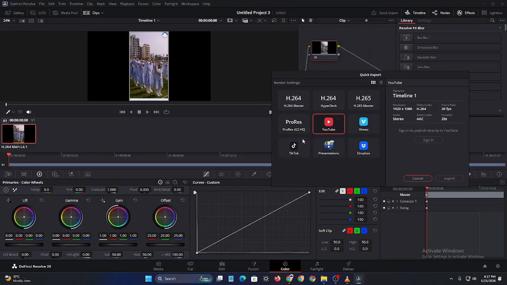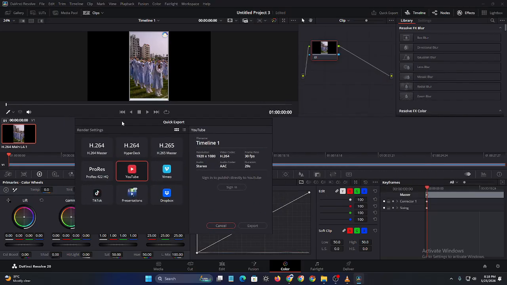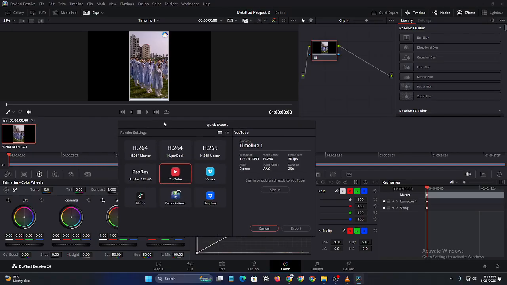After exporting, upload the video to YouTube Shorts, then add a title, hashtags, and thumbnail before publishing. And that's basically how to make YouTube Shorts in DaVinci Resolve in 2026. With fast pacing, captions, music syncing, and cinematic effects, you can create engaging short-form content directly from your